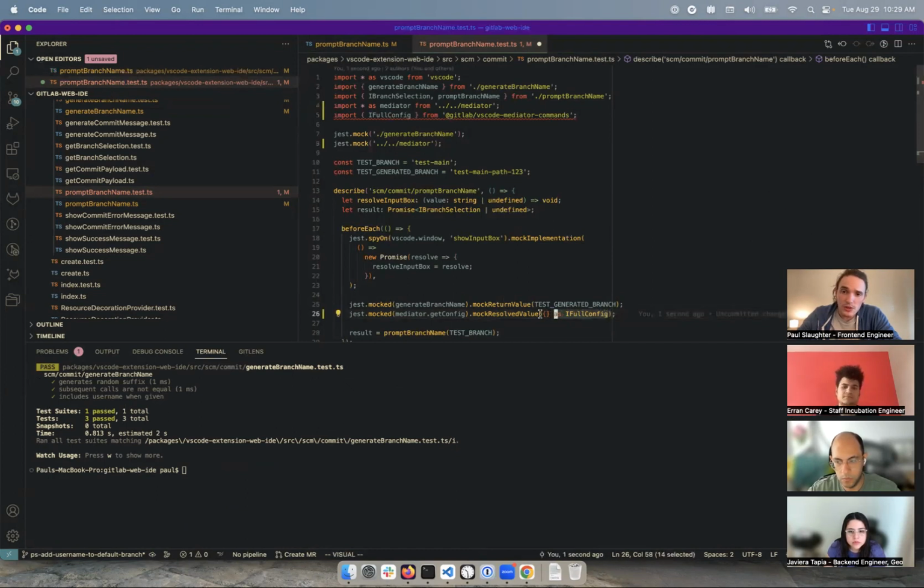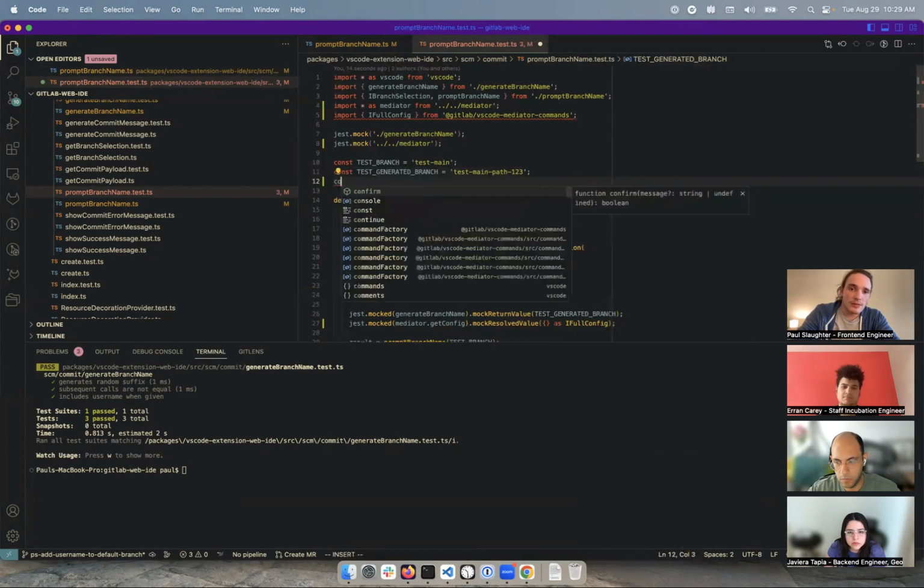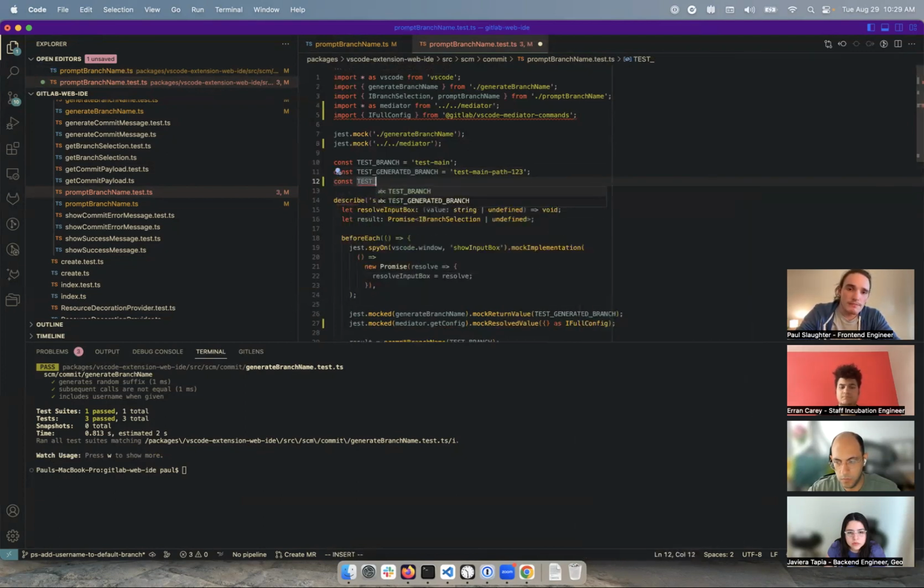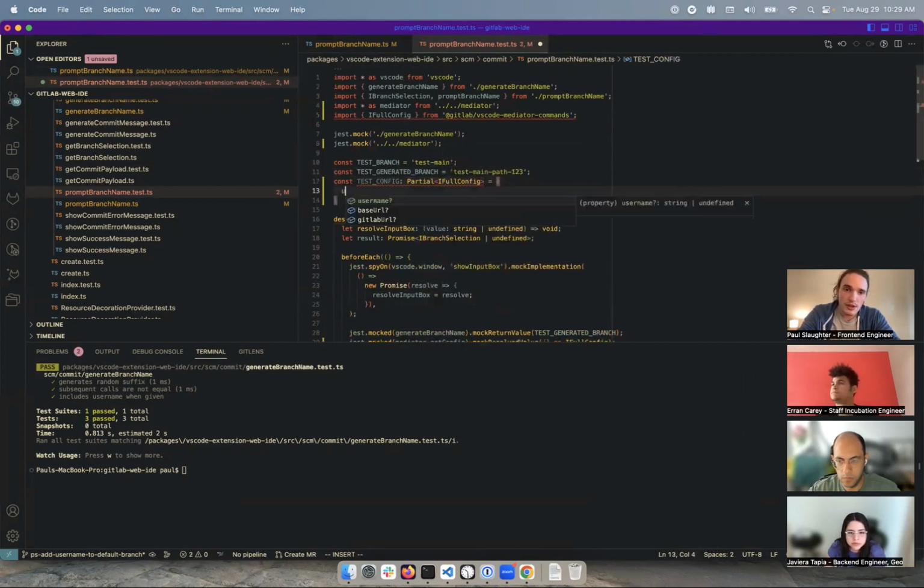Sometimes we'll just do partials, but then cast them to the full type so that Jest doesn't start complaining about it. We could do something like this. This might be smart. Have my test config and actually say this is a partial of a full config, so I have some assurance that I'm doing